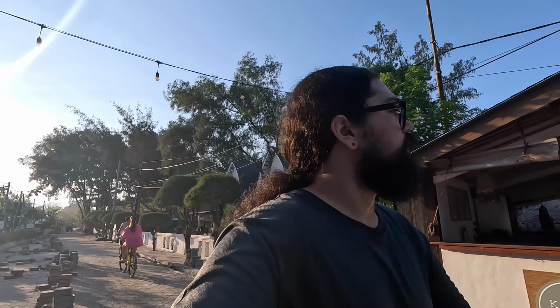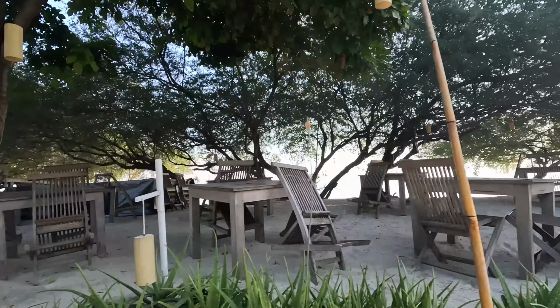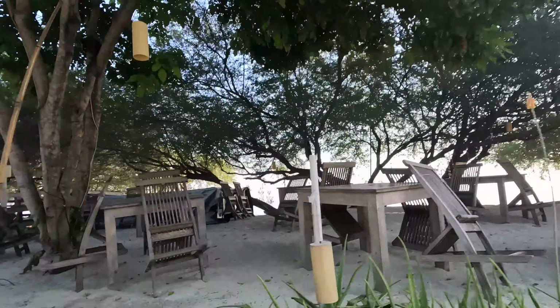Currently the run has taken us to the north side of the island here. It's pretty nice. It definitely actually seems a bit cleaner and a bit nicer than it is at the port area where most people tend to stay. I myself went off about 6 minutes from that area just because, man, it was crowded, it was smelly, it was